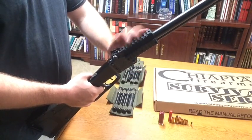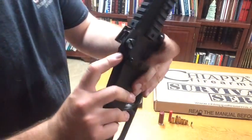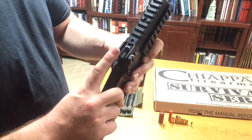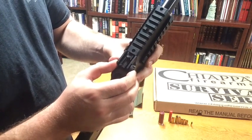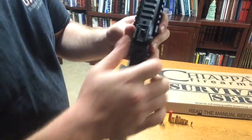But this works pretty well. But also, you have M1 carbine style sights in the rear. There is problems with the sight. After you shoot it for a while, you'll notice it starts to wobble. Mine doesn't wobble because there is,